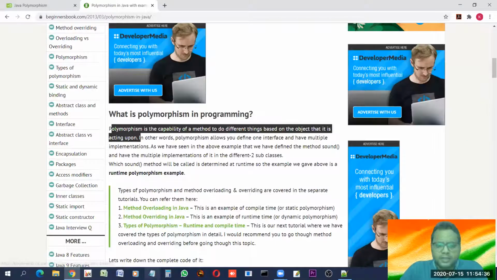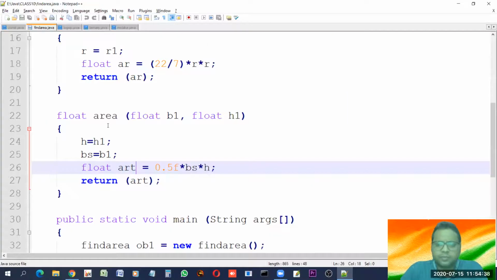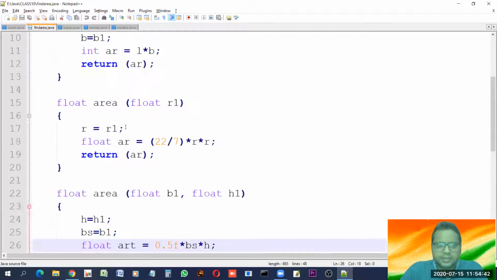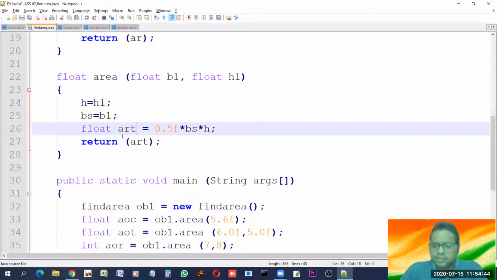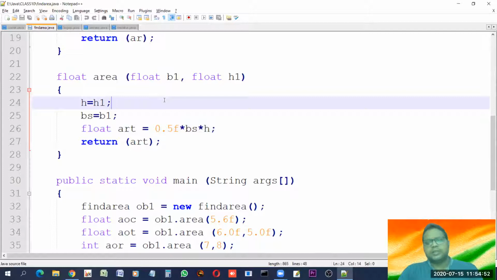Okay, I think the example which I showed you was the best example to understand this. Rest, if you study more, then you will get more idea about these things. And one more thing is there, overloading and overriding. Since we have to take care of time also, let us leave this topic for the next video.